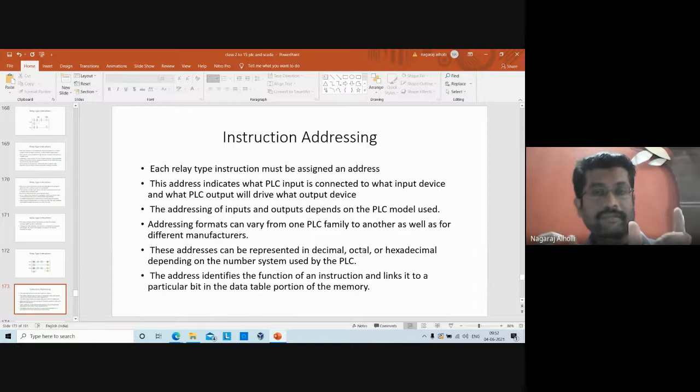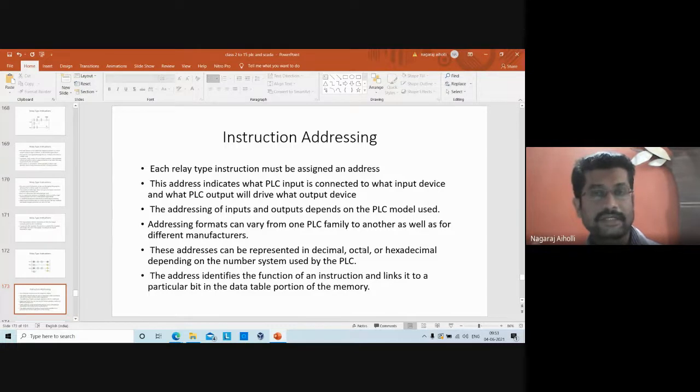H means hexadecimal, which counts from 0 to 15. If it is decimal, it is from 0 to 9. We have only 10 numbers, 0 to 9, for representation of decimal numbers, the normal numbers that we use. Then there are octal numbers, which use the representation from 0 to 7, only 8 numbers.